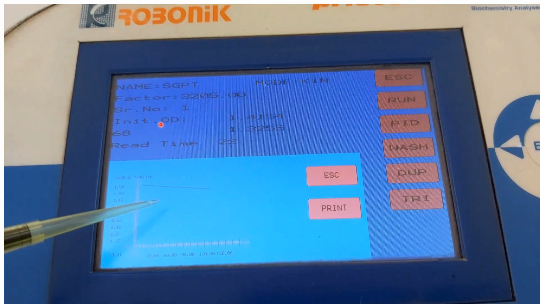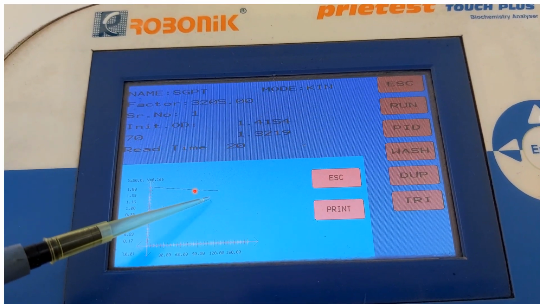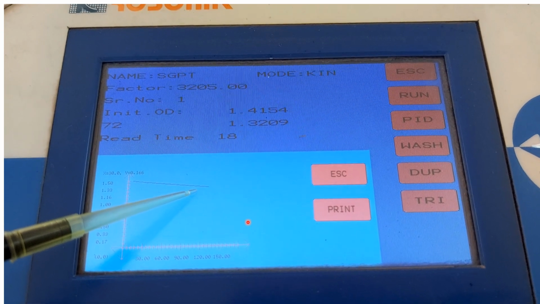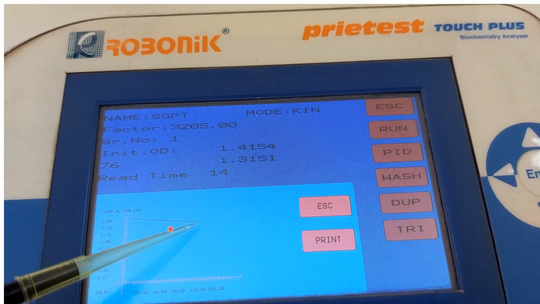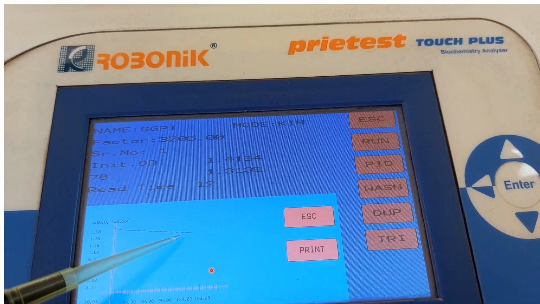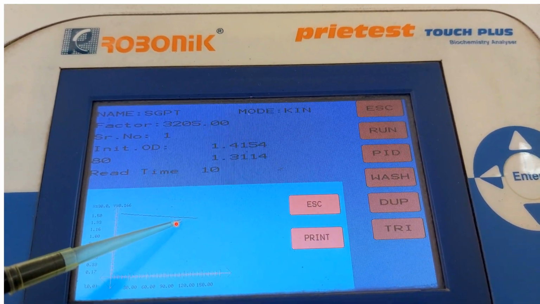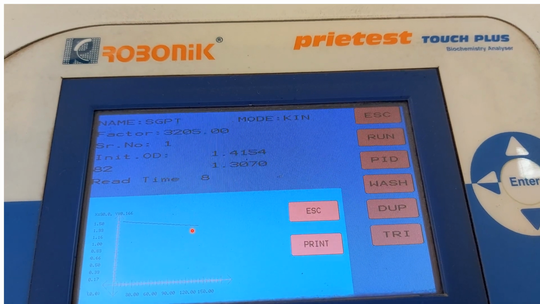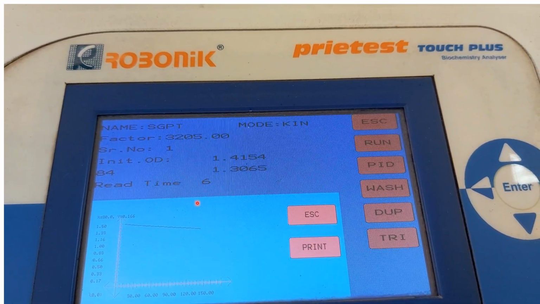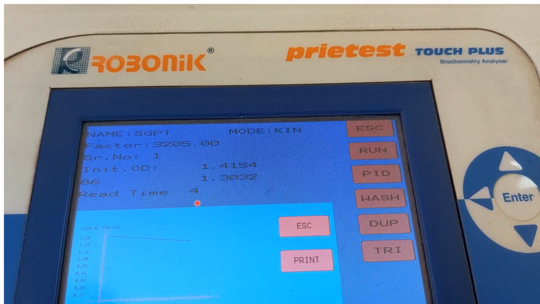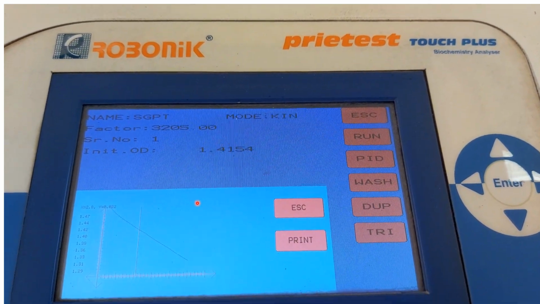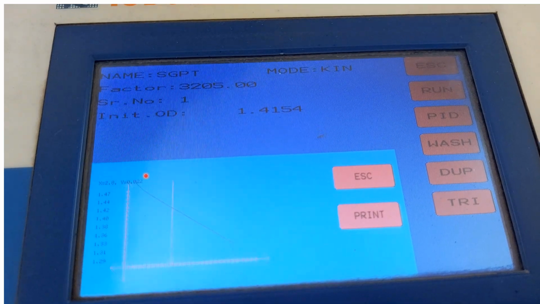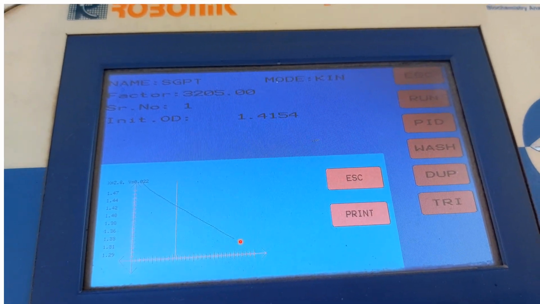The substrate OD is decreasing because the substrate is gradually getting converted to the product. Because we are measuring the substrate OD, we can see that its concentration is decreasing. So that is why there is a decline in the graph with time. As the time proceeds, the substrate concentration is decreasing. So here the substrate whose absorbance we are measuring is NADH. Now NADH is getting converted to NAD. So finally the reaction is over.